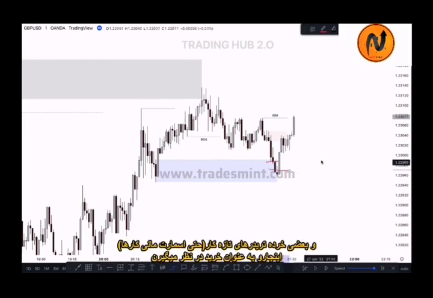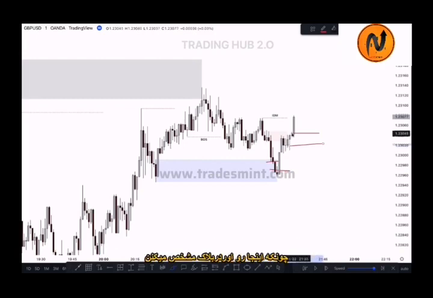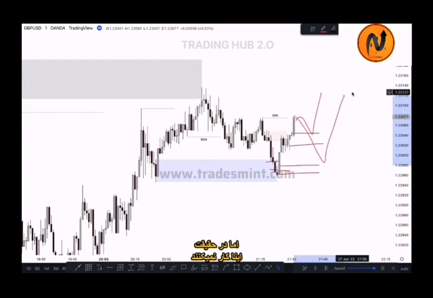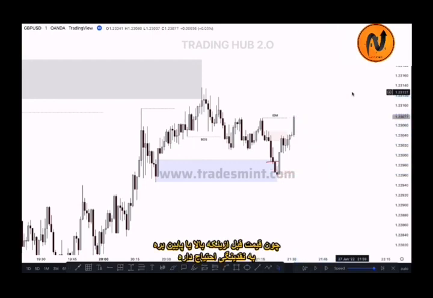And some new retail traders, even SMC traders, are induced here to buy because this is an order block. They mark this as an order block and anticipate price to go higher like this. Okay, but in reality these things don't work, because the market needs liquidity before going higher or